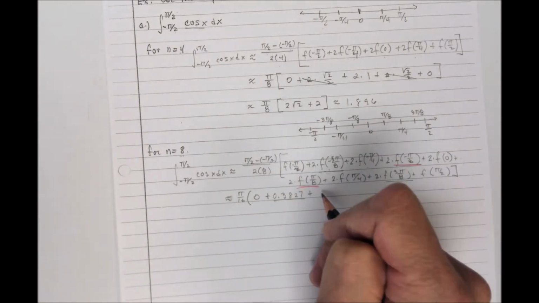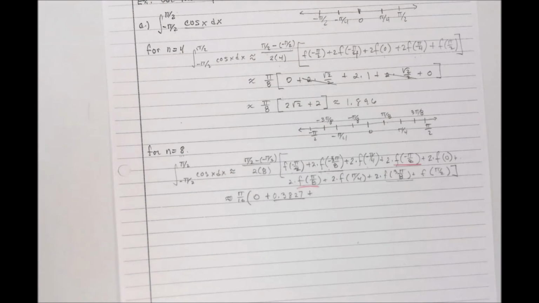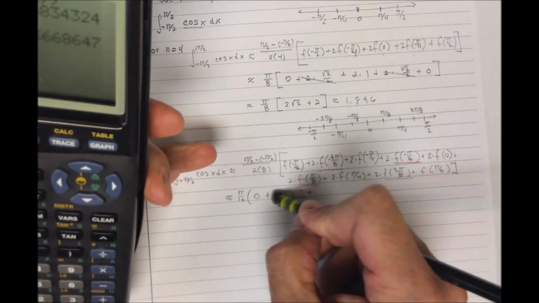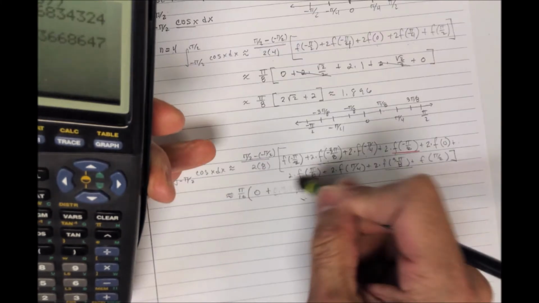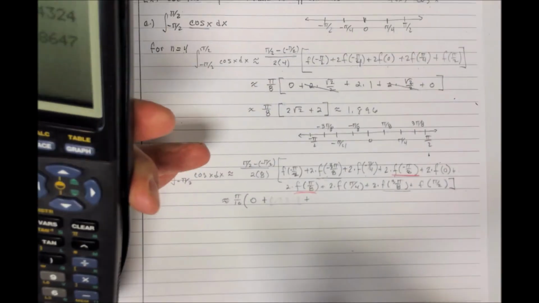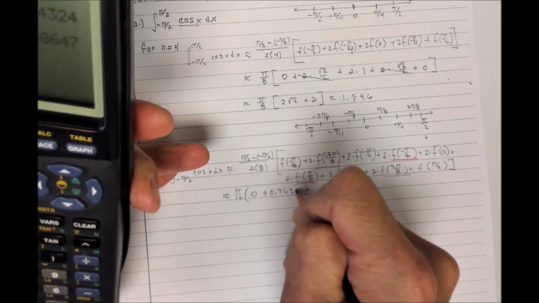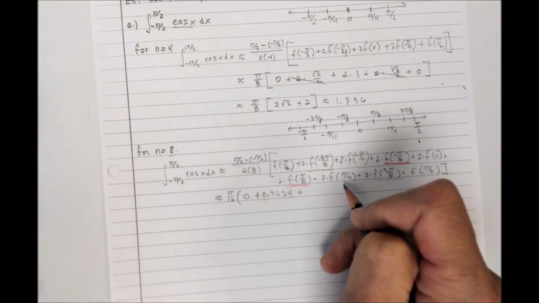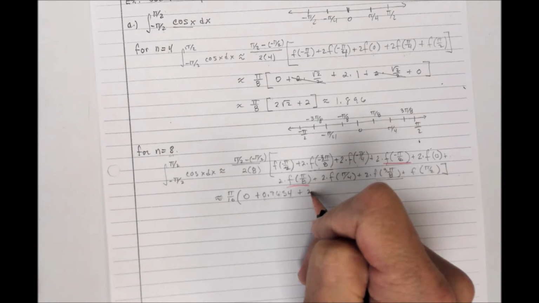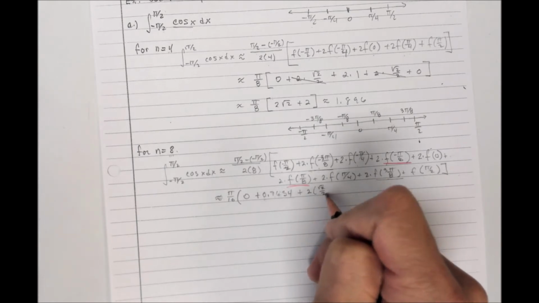Oh wait a minute, it's 2 times that, doggone it. Let's try that again, forgot to multiply by 2. So that's going to be 0.7654, and then this one is going to be 2 times the square root of 2 over 2, plus